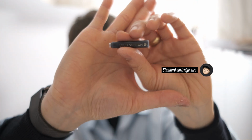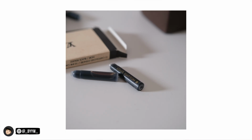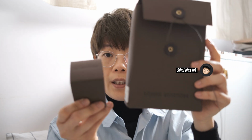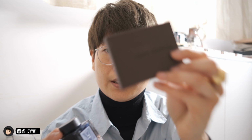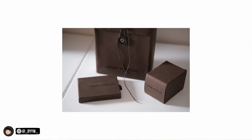The cartridges are pretty standard, so they will fit most fountain pens. And once again, you have the engraved Louis Vuitton logo in gold, so it looks pretty luxe. And then lastly, I also got this 50 ml ink in the blue color. Evidently, I think this is also from the same collection as these ones and the greeting card, as you can see, the brown or mocha packaging and the same texture on the paper. So I got this blue one,